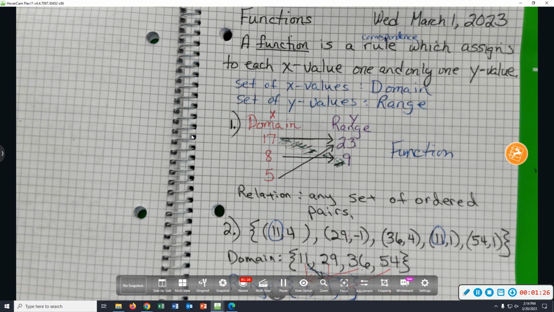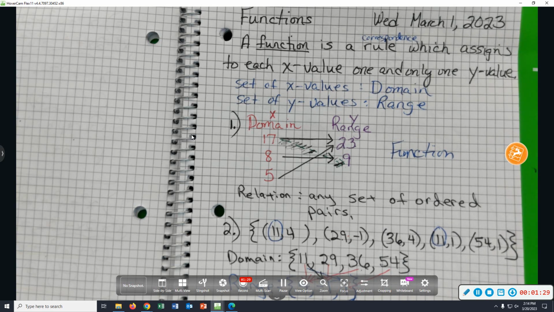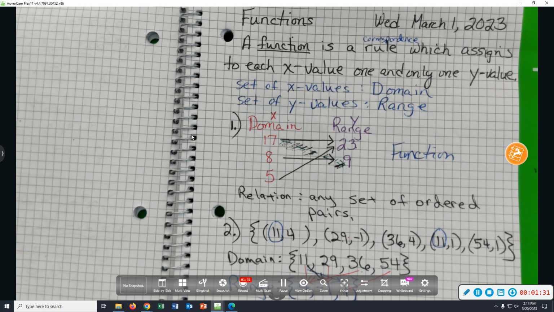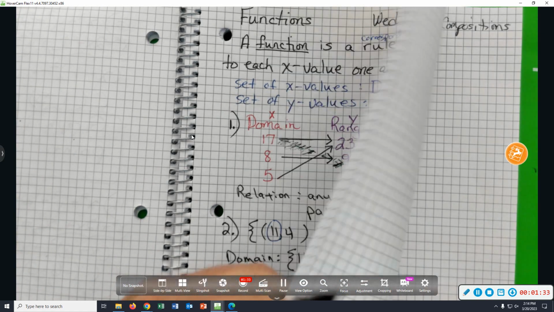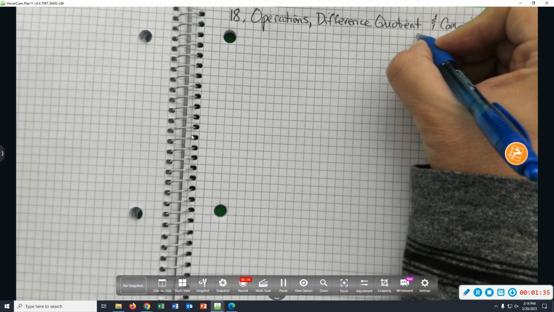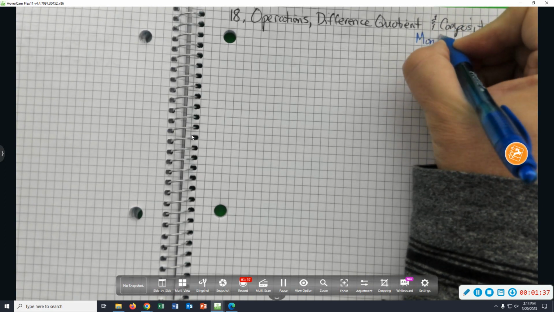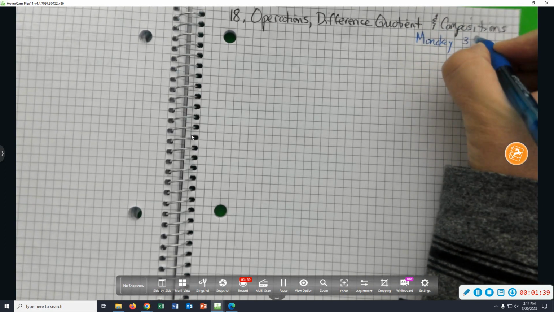But we know how to add algebraic expressions. We know how to subtract and multiply. We know we need like terms in order to combine. So anyway,